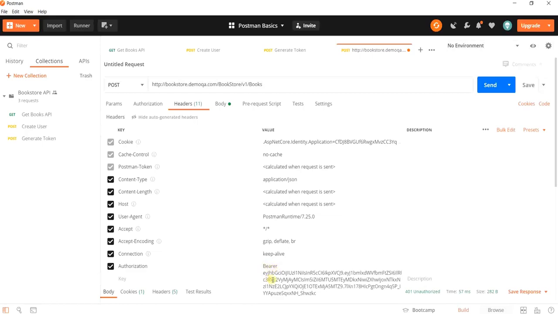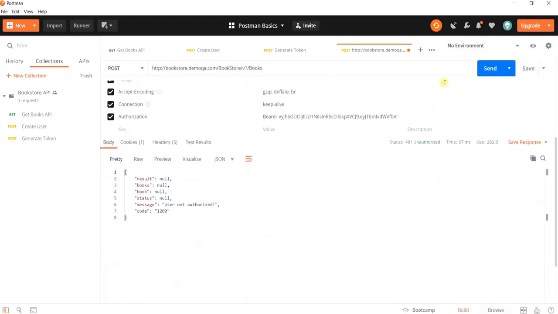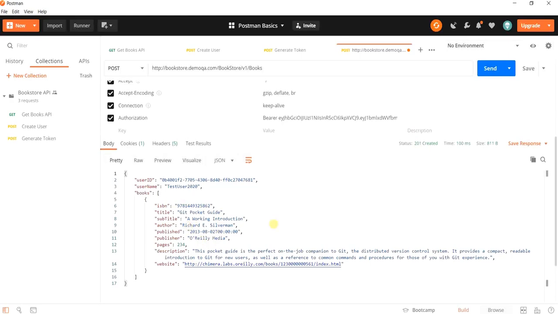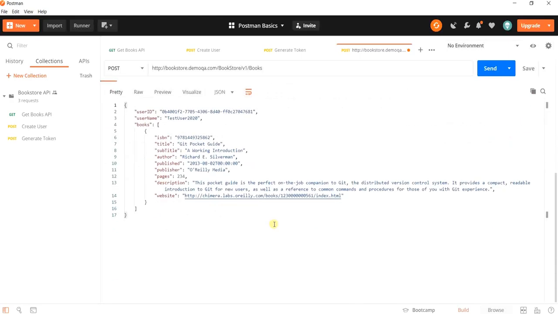So bearer space token, and that will be the authorization token for this API. Now if I click send, we see that we got a status of 201 created and the book got assigned to the user. Let us now see what all options Postman provides us with respect to headers.